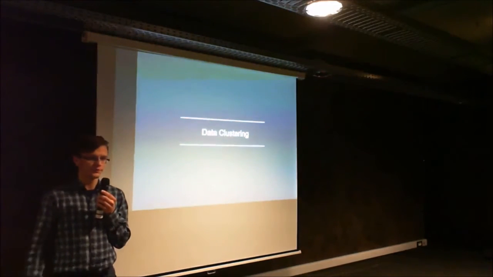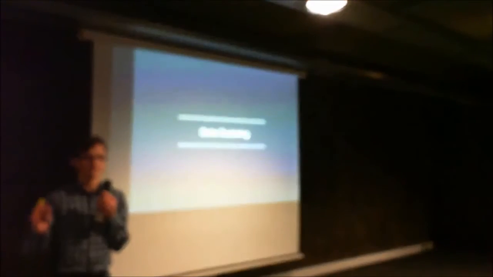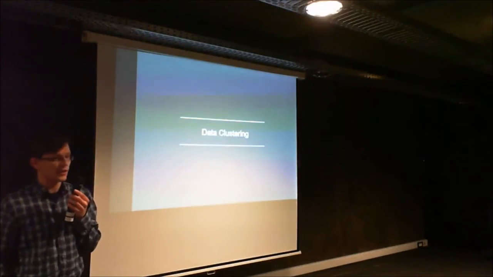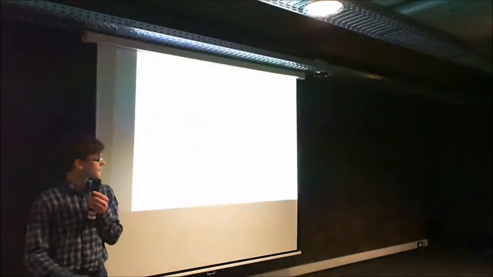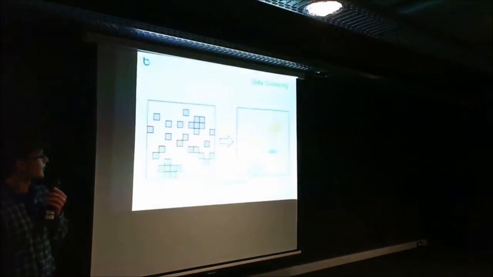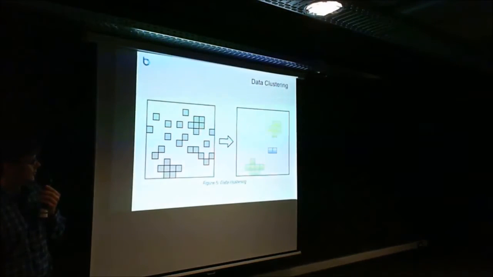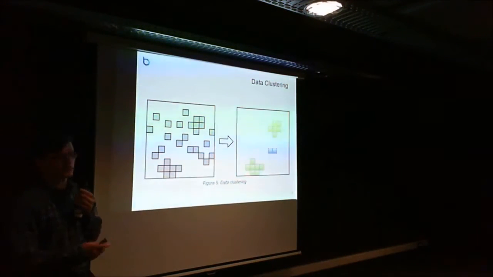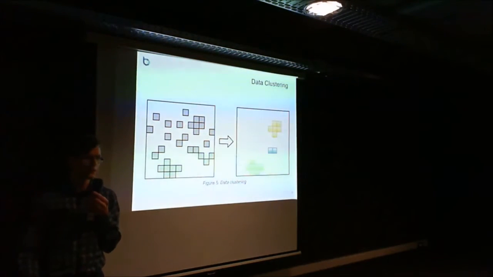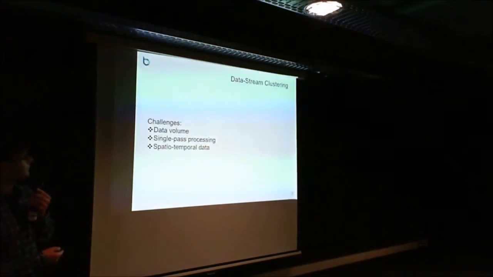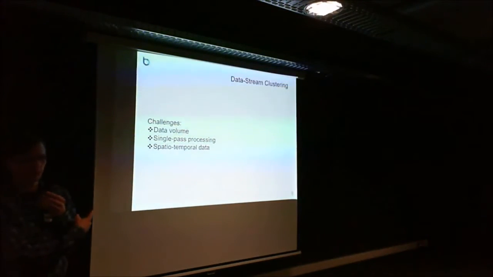Basically what you do, you get the data set, you remove all the noise, remove all the outliers, and just get everything you need. For example, here for the two-dimensional data, you just remove all the outliers, all the noise, and just identify what you need, the cluster cells, some kind of grids that are close by. So that's basically how we started, and it sounds pretty simple, but when you get to the data